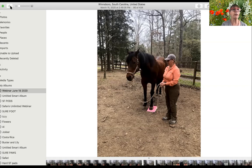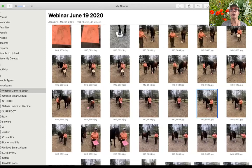Let me just see if I can find the right picture. I'm going to pause my screen share for a second. I know I have that horse on a hard pad first. Oh yeah, well here's